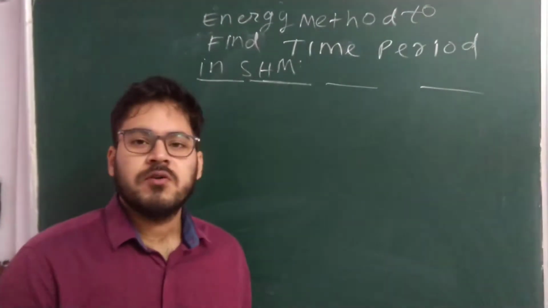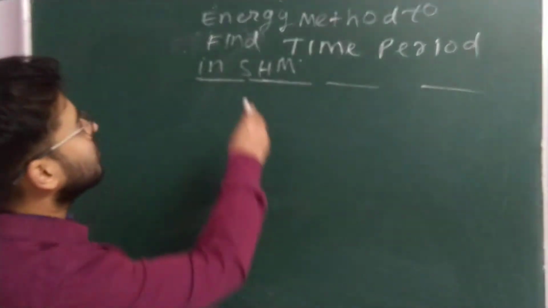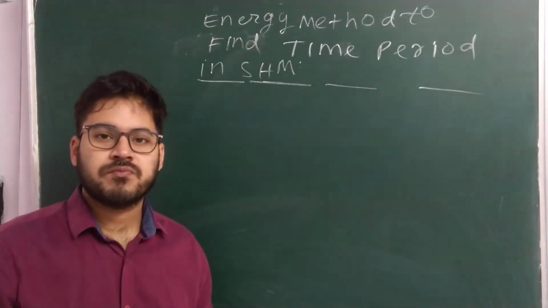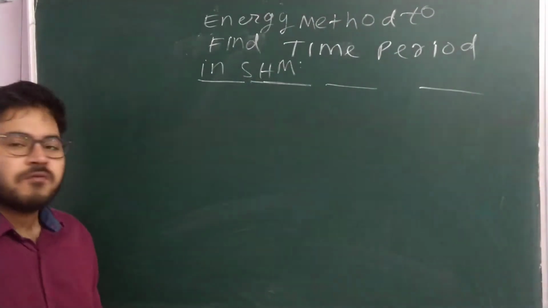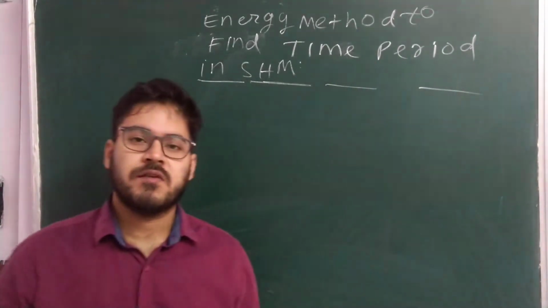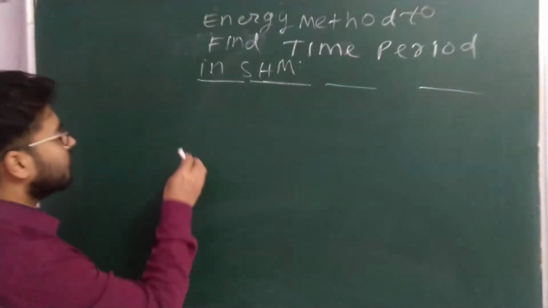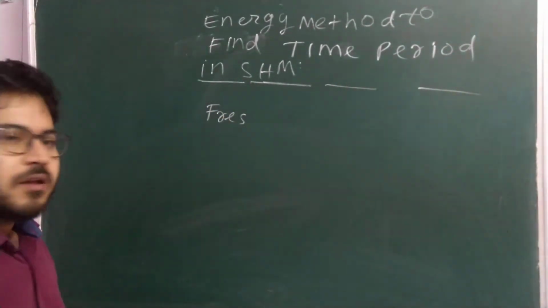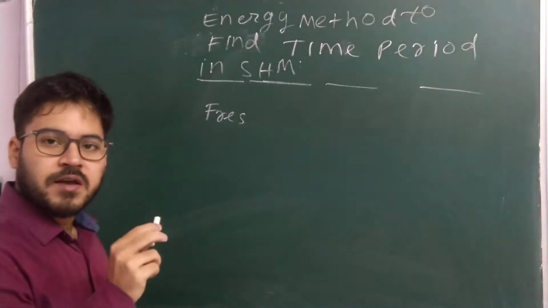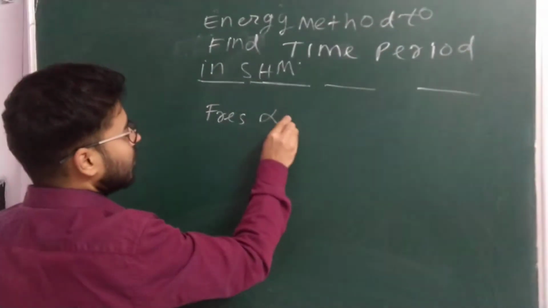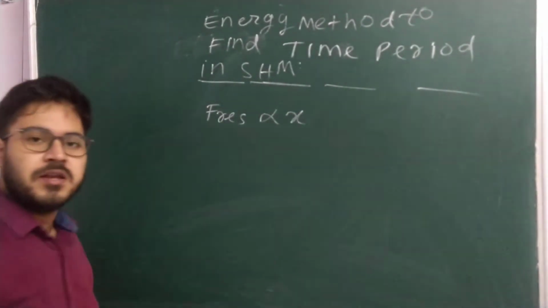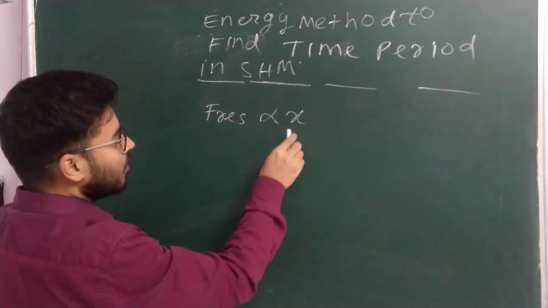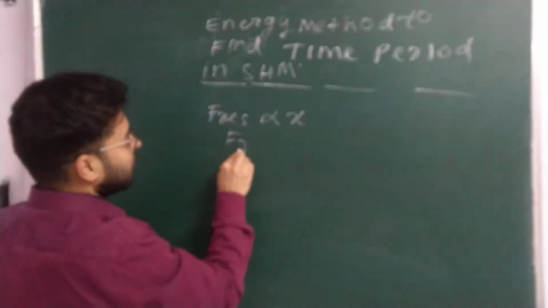In this video, we will talk about the energy method to find the time period of an SHM. Now, one method of finding the time period in SHM is to calculate the restoring force, F restore, right? This restoring force for SHM is directly proportional to x for linear SHM and directly proportional to theta for angular, right? But the constant that appears,